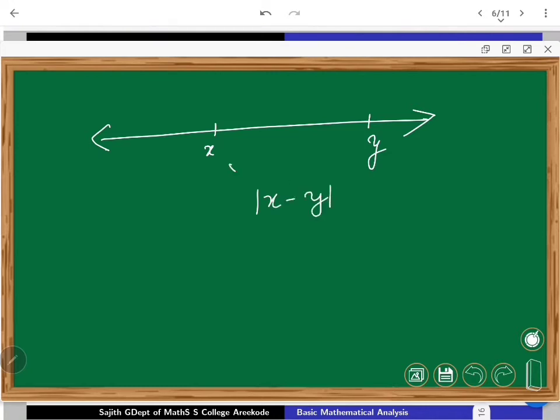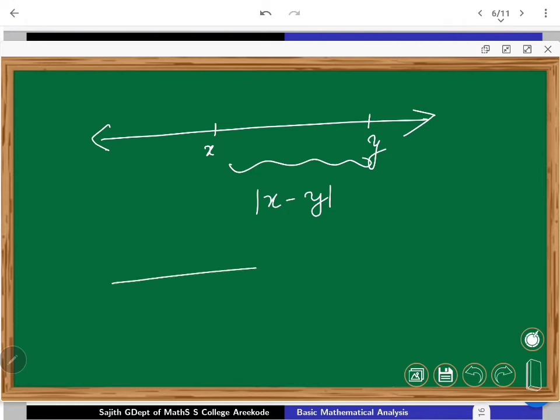So once again, we will come back to the important function, which is the modulus function. As I mentioned earlier, the modulus function or absolute value function contains the seeds of geometry, I can say, actually the notion of distance. If I am taking two real numbers, the real line geometrically is this, and if I am taking x somewhere and y somewhere, the distance from x to y is given through mod x minus y.